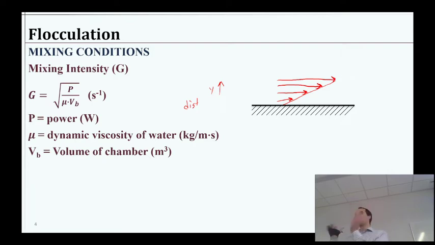But in that space near it, we can say something about the mixing intensity, because the force of drag is, of course, slowing down the water right next to the surface. And then further away, the water is moving relative to the surface, is moving faster. So based on that gradient, you can imagine if I'm slowly pushing a paddle through the water, that gradient's not going to be very sharp, right? It's going to be the water right next to it. Yeah, it's a little slower, but the whole thing is just moving so slowly,